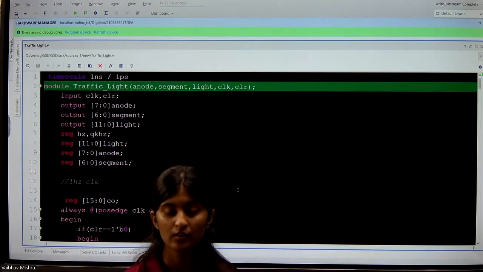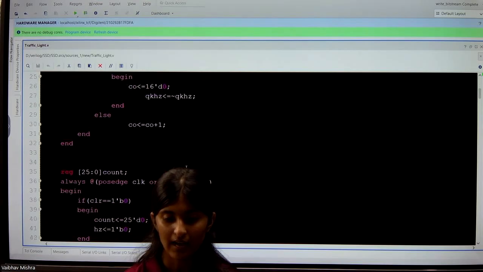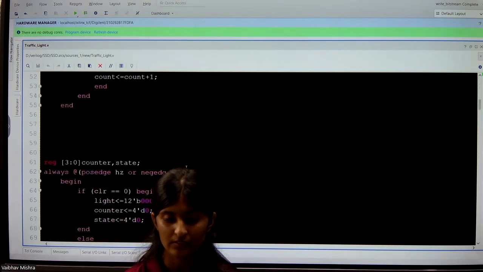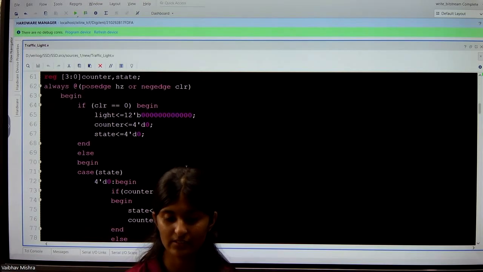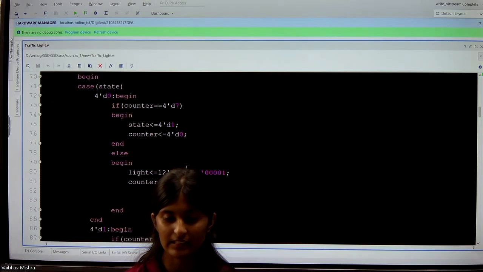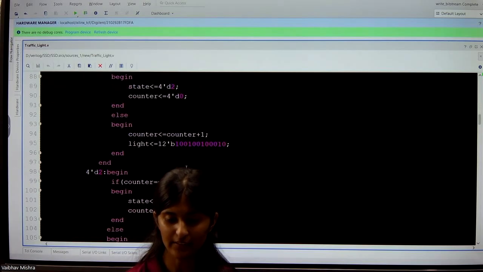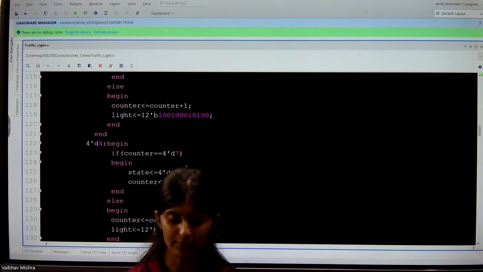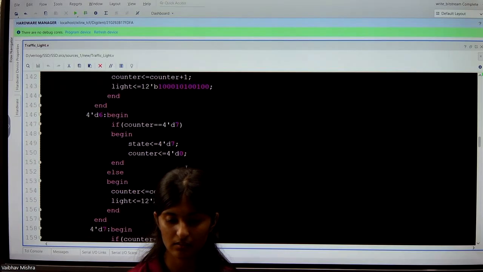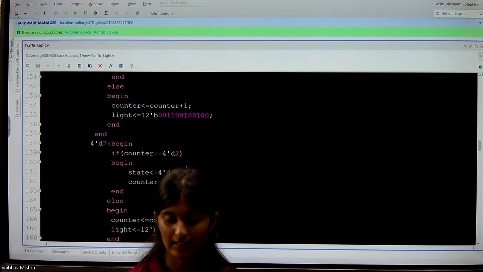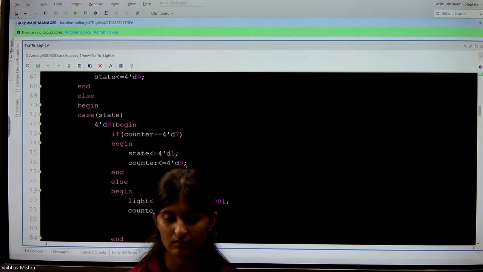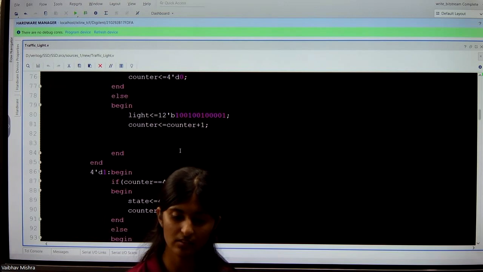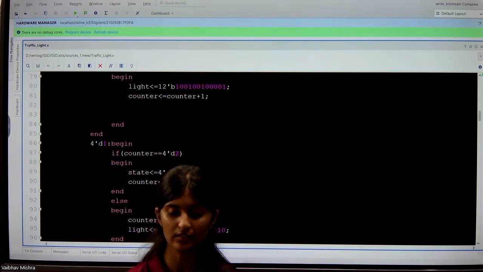So this is my code for the traffic light. And this is the part for the FSM. We can see the 8 states have been defined till D7, starting with the D0 state, where it was our north green, where the counter is for 7 seconds and then it is for 3 seconds.